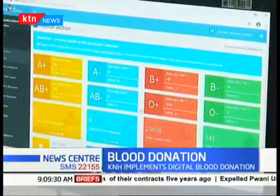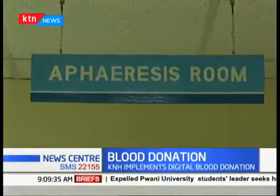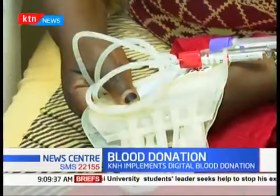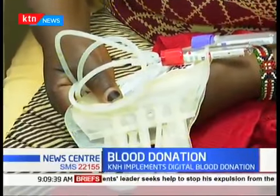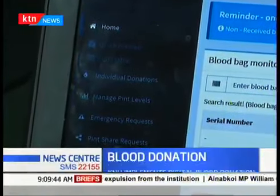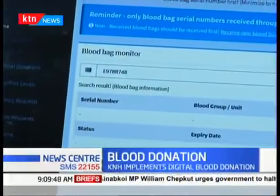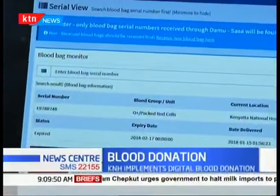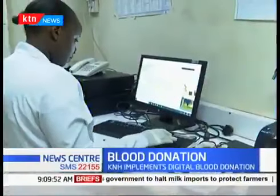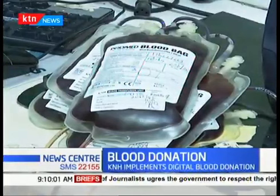Damu-Sasa manages the end-to-end process of blood donation, right from the donor coming in to the facility up to the donated blood being transfused to the patient in need. And you're able to see every particular unit of blood based on how it came, who touched it, where it went within the facility. Efficiently managing the blood units readily available is key to making sure that no blood is wasted, and that is